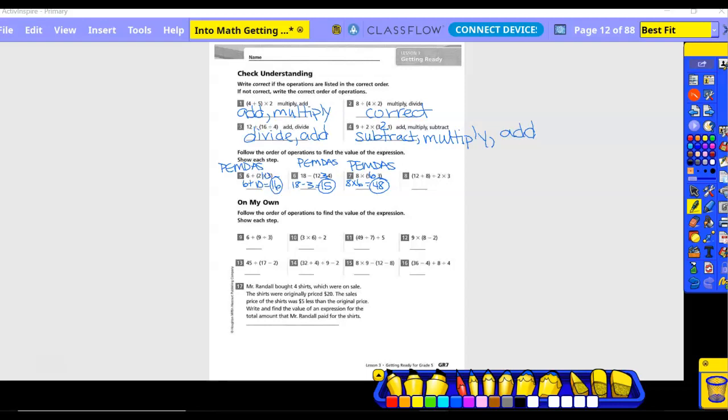Okay, next one I'm going to write PEMDAS. Parentheses, exponents, multiplication, division, addition, subtraction. Okay, what am I going to do first? Because it is in parentheses, I'm going to go ahead and write 20 over this. Then I'm going to rewrite the equation. 20 divided by 2